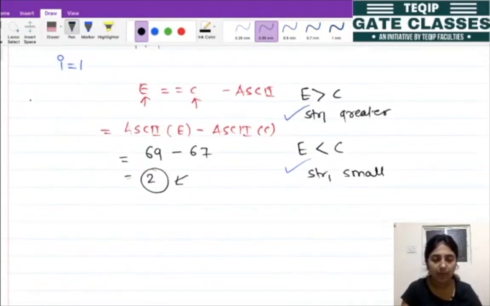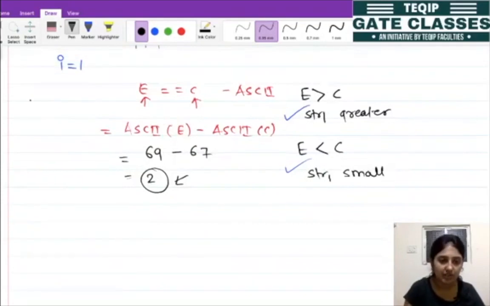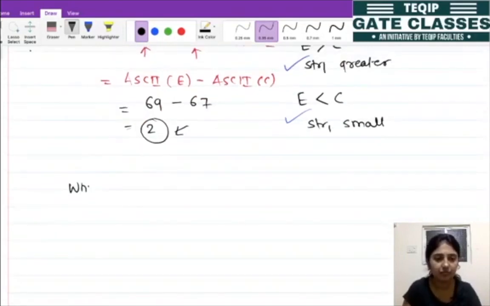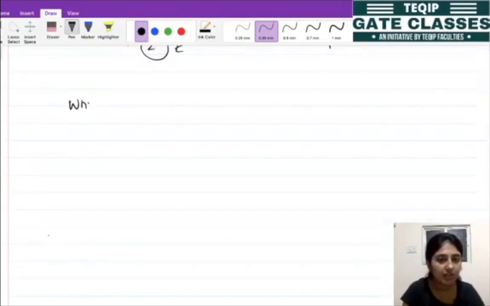So what we want to do is this operation: string 1 at location I and string 2 at location I, we need to compare that, and we need to increment the value of I. So let me write this while.